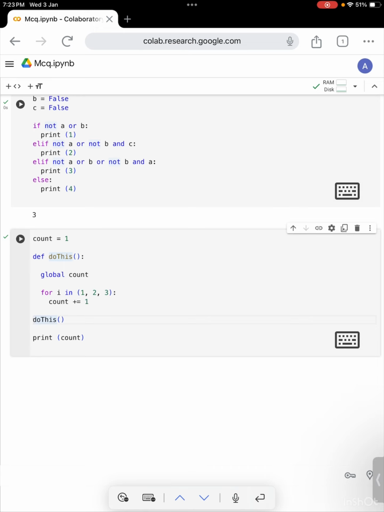So we have called this function, and this will execute, and count will get updated to 4, and now you are printing this, then the printed value will be 4, right? Okay, so that is the one thing, so that we should have the value 4, so that is correct. Okay, now let me do